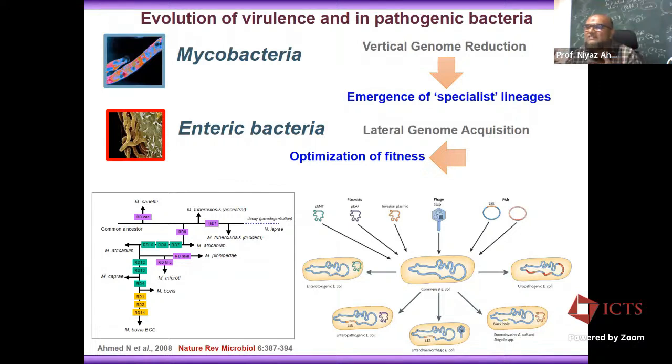In both strategies, the purpose is to evolve fitness: optimization of the metabolic repertoire, optimization of the survival mechanisms, and optimization also to inflict upon hosts a balanced cost so that the host is unable to clear them out and they are able to sustain and survive at the cost of the pathways encoded by the host machinery. So that is how we have been seeing these evolutions as two contrasting paradigms,